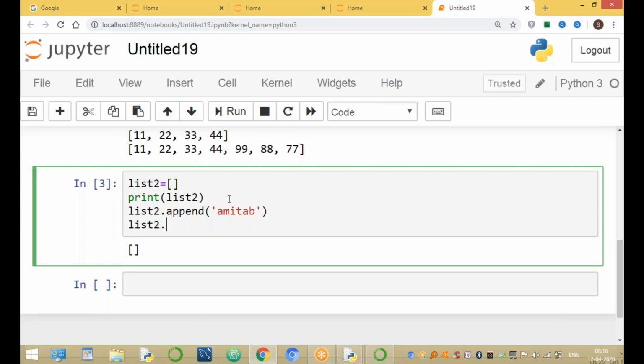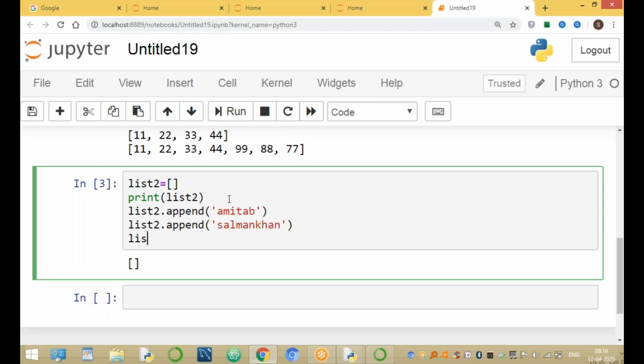List 2 dot append of Salman Khan. List 2 dot append of Shahrukh Khan. These are famous heroes in Bollywood.